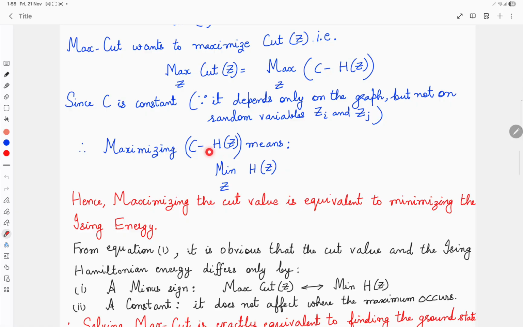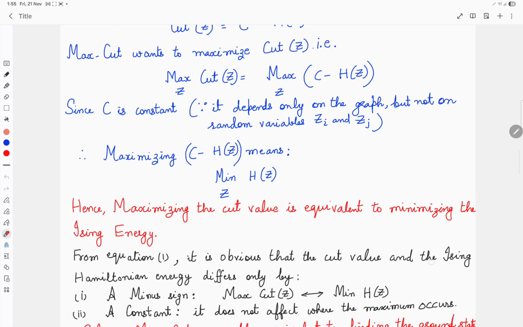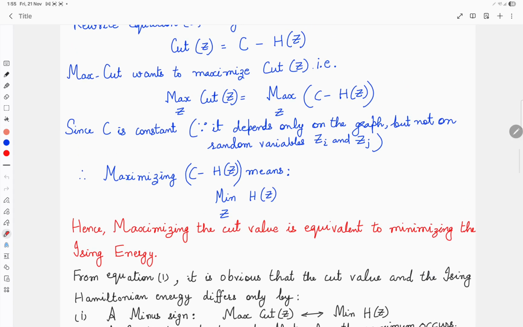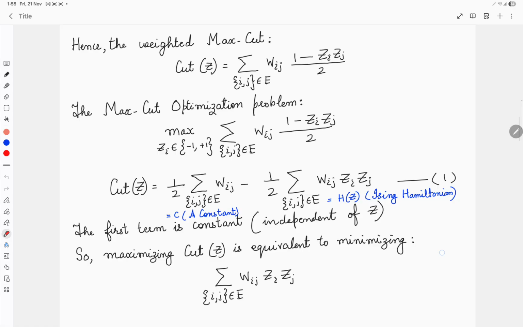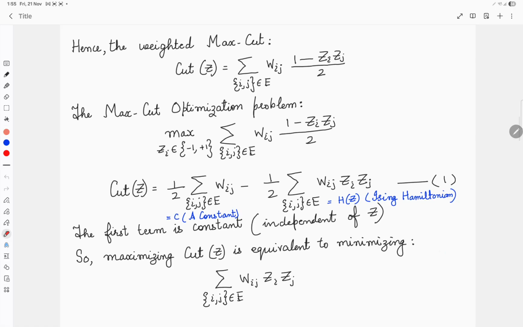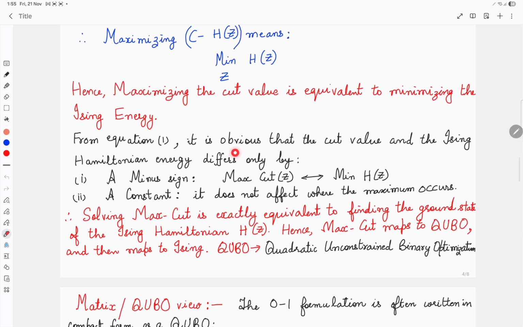So maximizing C minus Hz means minimizing this expression Hz, which is the Ising Hamiltonian. Hence, maximizing the cut value is equivalent to minimizing the Ising energy. So this term is basically the energy of the system, which we call the Hamiltonian. Now from equation 1. So what is equation 1? This is equation 1, which is giving us the cut Z value. So from equation 1, it is obvious that the cut value and the Ising Hamiltonian energy differ only by a